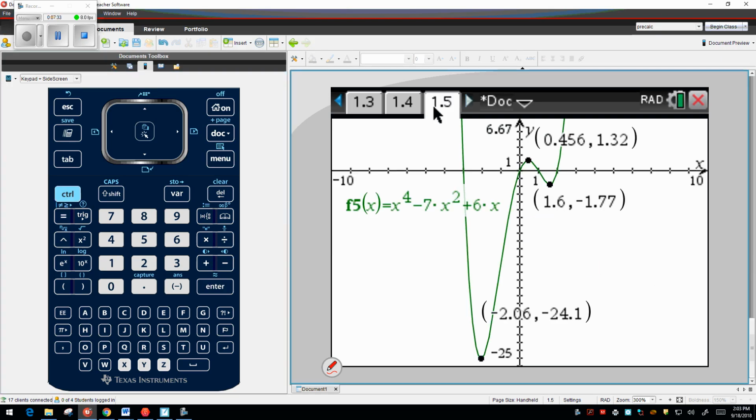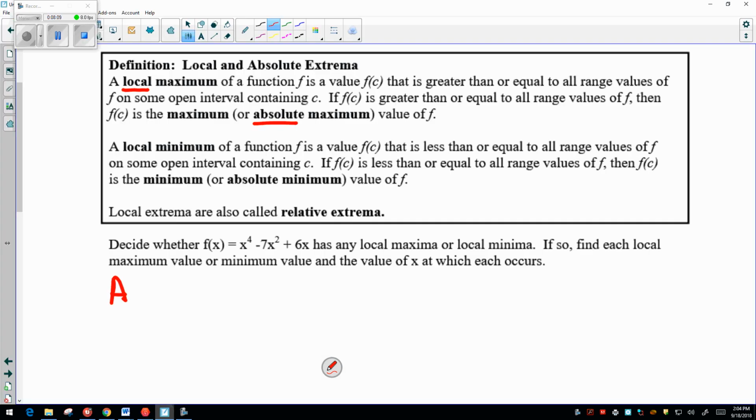So this is that graph that they have given us in that example. We have to decide if it has any local maximums or minimums, and perhaps any absolutes. If we look at this graph, I can see the very first number that we are looking at down here is at negative 25. And the graph, we can call this bounded below. I see it has a minimum, and I see that there is nothing else below this point. So that makes it not only a minimum, but an absolute minimum, meaning it is the lowest of low. So I could say here, we have an absolute minimum,